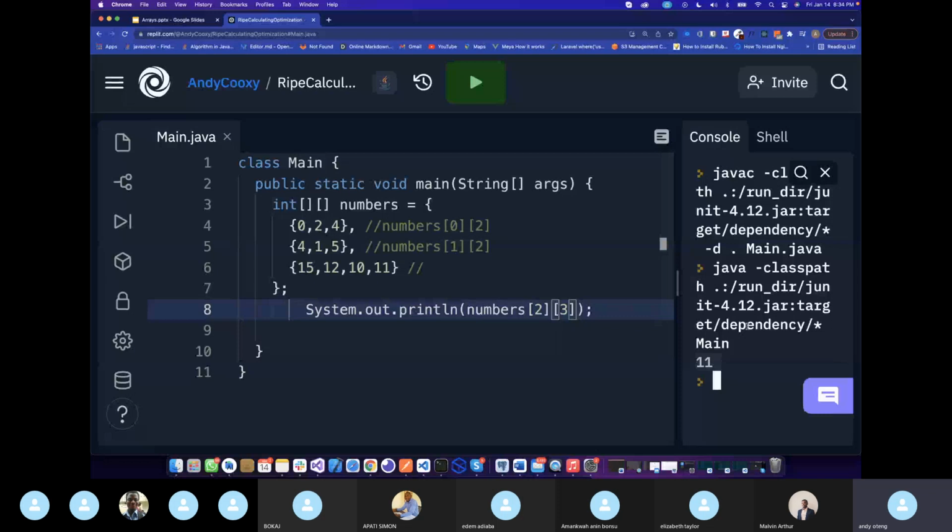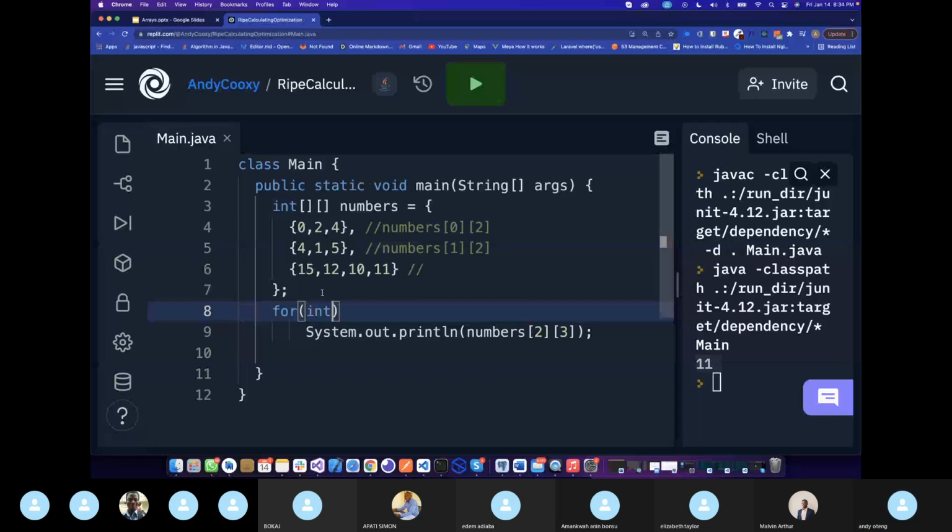I hope you understand. So for int i equals 0, like I said, this time I'm starting with the top loop. If i is less than numbers.length, it should increment by 1. Most of the times, I usually like this. I don't know why, but let's just go with this. Let's try with this flow first. So I close my brackets, and